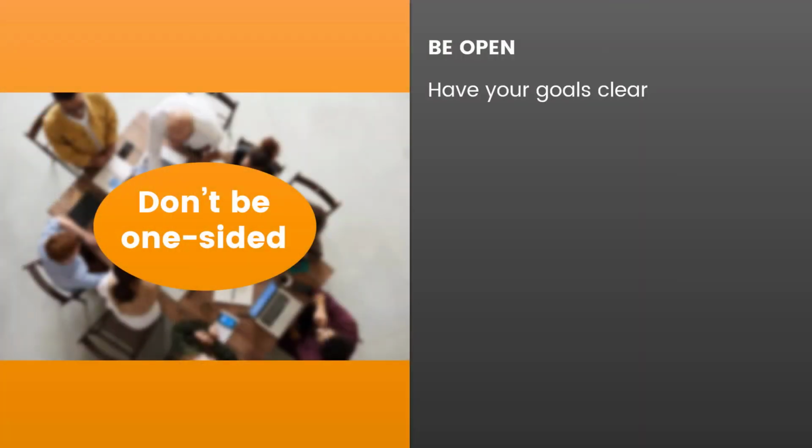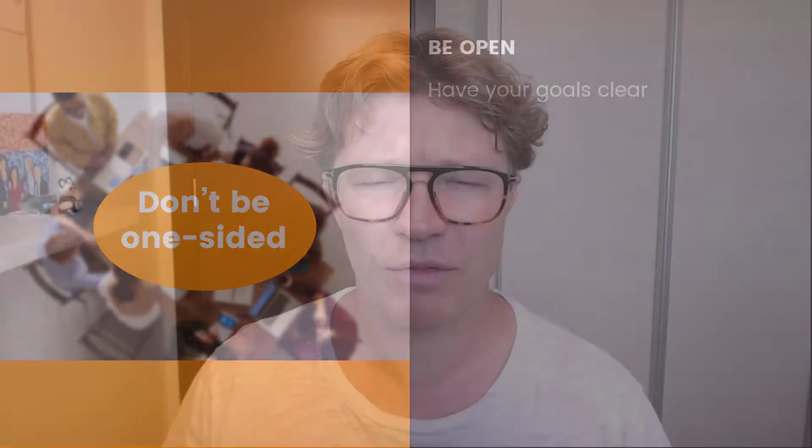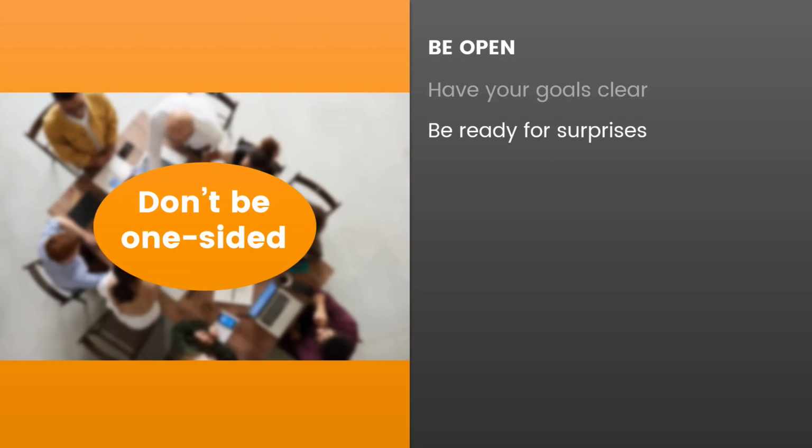You need to have your goals really clear so that you can get what you want done. If you're a bit evasive and not clear, you're going to confuse people and then maybe they might not trust you. Always be ready for surprises. So we can plan for those, even though you need to be ready in case something comes out of left field, meaning it may come as a complete surprise.